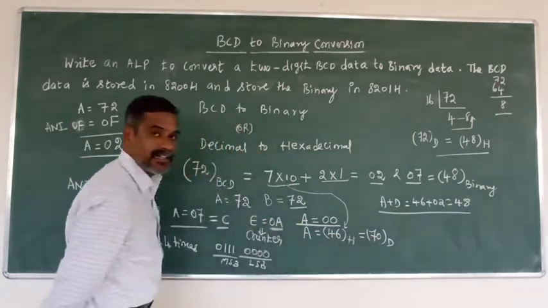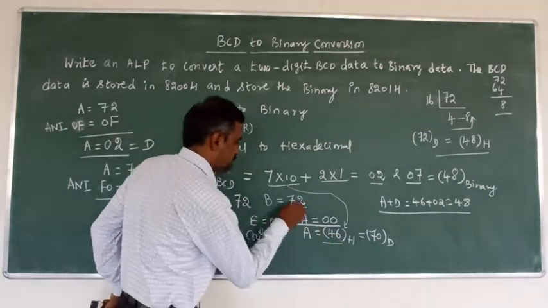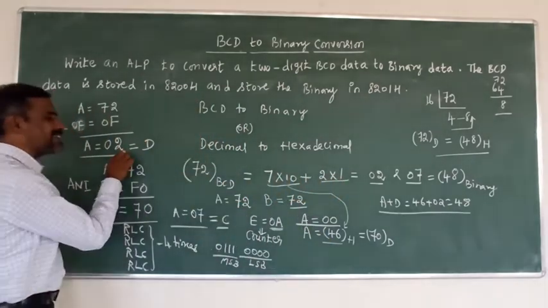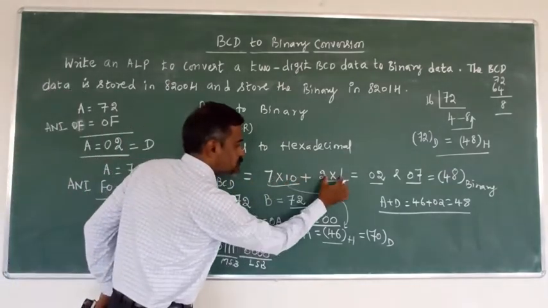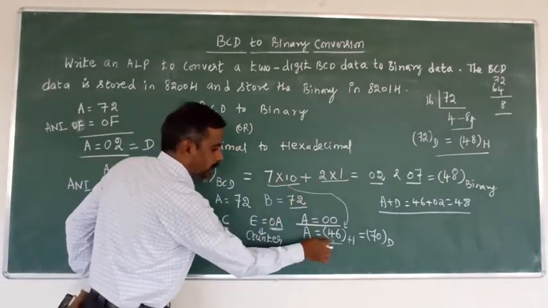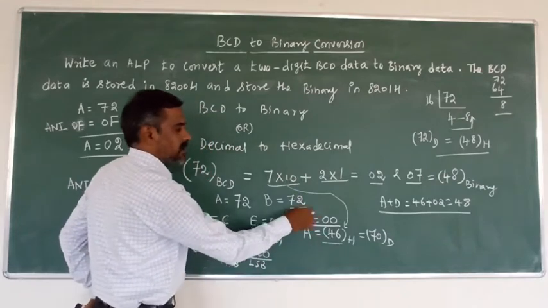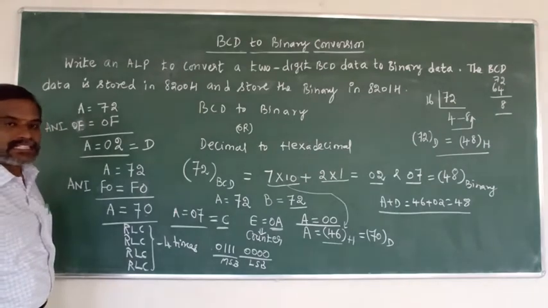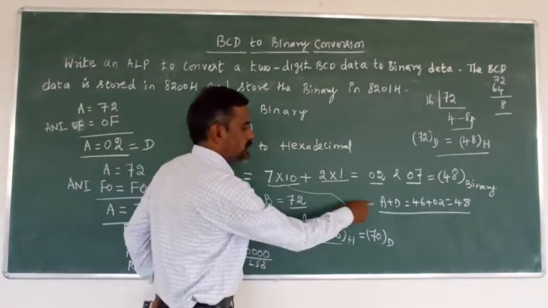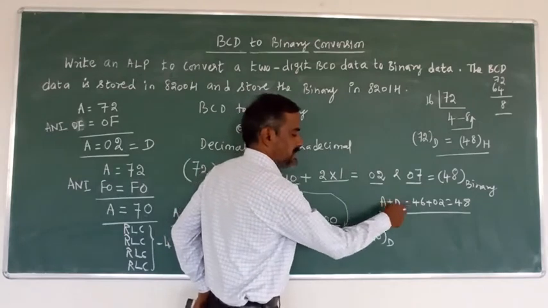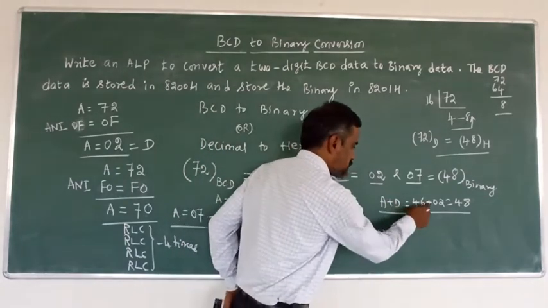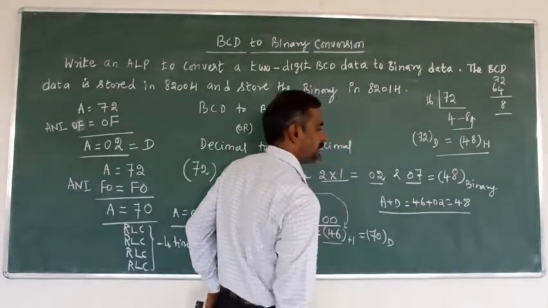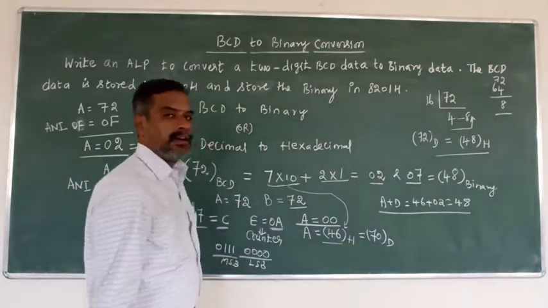After 10 times addition, now accumulator result 46 in hexadecimal and corresponding decimal value 7 into 10, 70. Now the 46, 7 into 10 result. Now the 2 into 1 is already in D register. Now add these two results. This is what is available in A register and 2 into 1 available in D register. Now to add these two, we can use A plus D. A value 46 plus D value 02. Now add these two and the result 48 in accumulator.